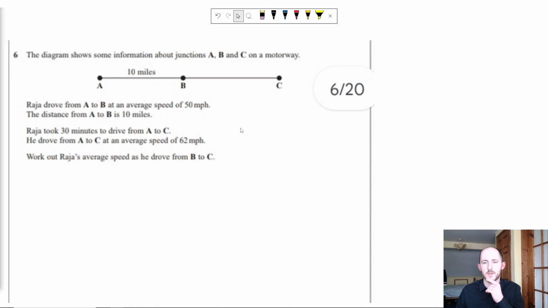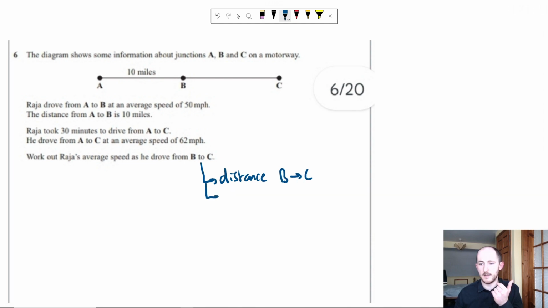Okay? So this is a lot of information. It looks a bit confusing. However, if we look at this a bit more carefully, if we want to work out the average speed from B to C, what do we need? We need two things. We need the distance from B to C, and we need the time taken to go from B to C. Right, those are the two things we need. Okay? So let's start trying to work that out. Well, I can't work out the distance B to C just yet, but what I can do is work out